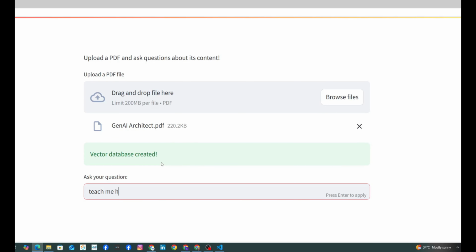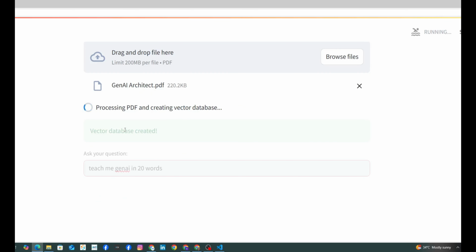Teach me Gen AI in 20 words. Let's see how it replies. So it takes some time because I'm using the CPU. It's not right now working on GPU.